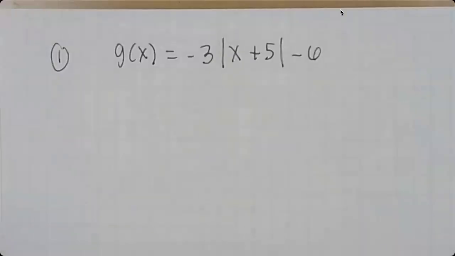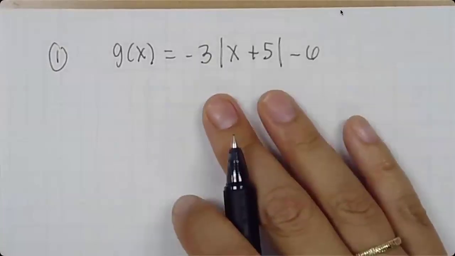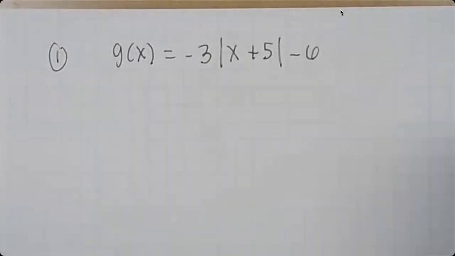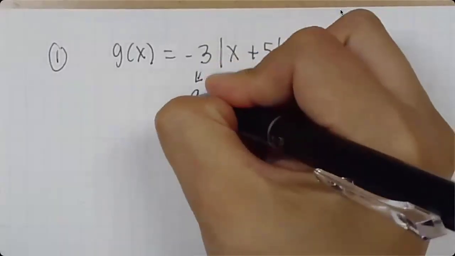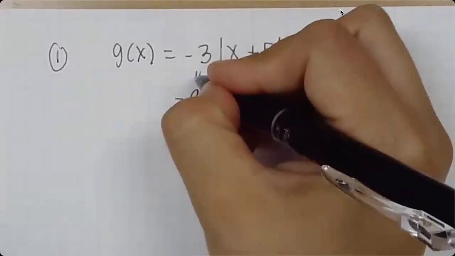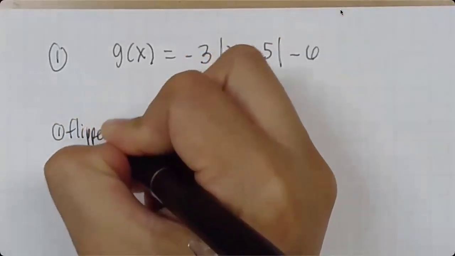Okay, the next one I'm going to go over is number 1, which is a big part of your test, which is graphing and answering the questions about an absolute value graph. Okay, so this is our absolute value. I'm going to write what everything means, right? So this is our a. It's -a. So this means it's flipped